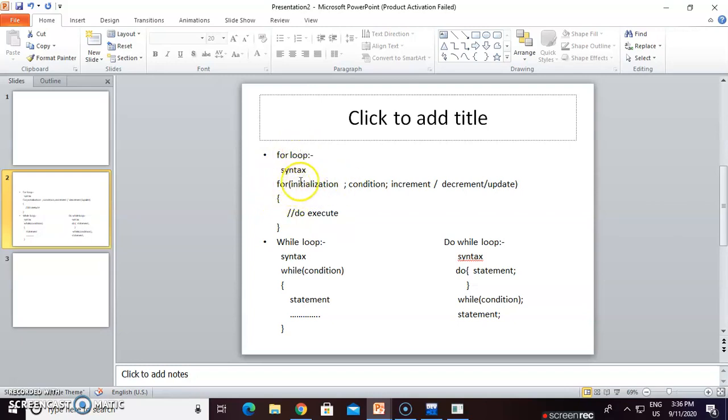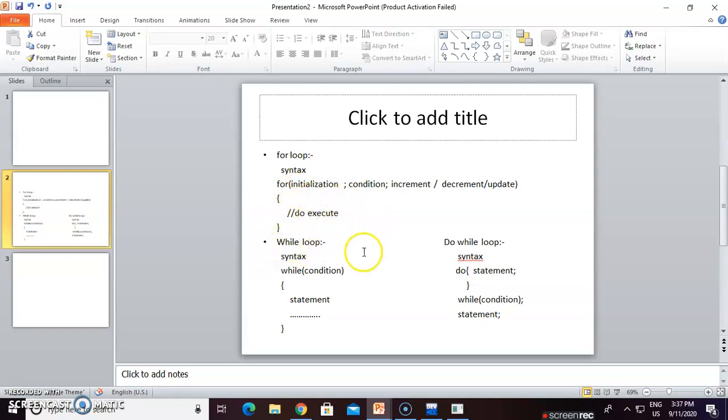This part is the initialization, meaning we initialize a variable here. Then put a semicolon, then there is a condition part, then a semicolon, and then the operation, meaning increment, decrement or some update, and close the bracket. This is the body of the for loop, and these statements are executed if the condition is true. If the condition is true, go to the body of the for loop and do the execution.